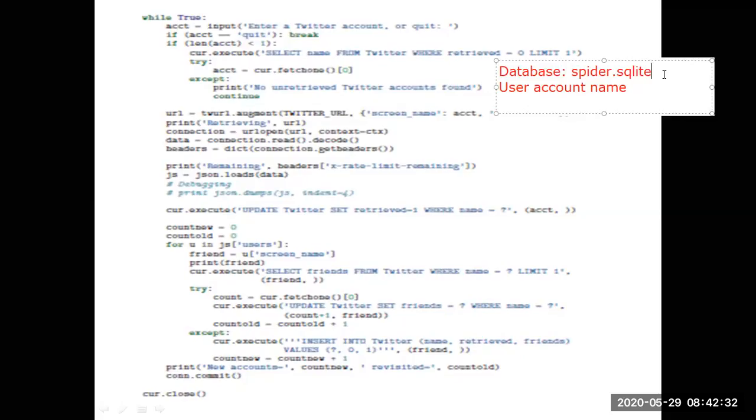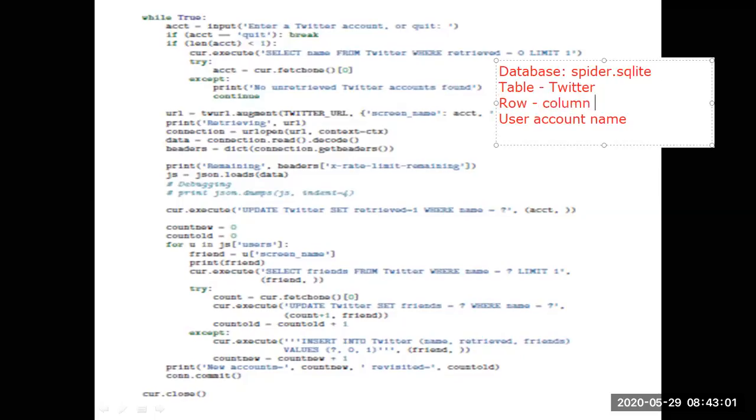And once this database is created, the second thing I will be doing is creating a table called Twitter. That table name is Twitter. And after creating the table, I will be creating a row, and that row has a column for the user account name.